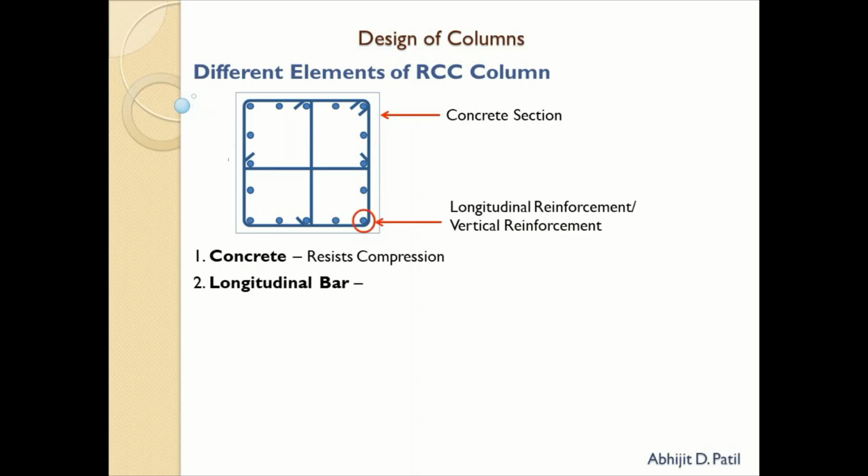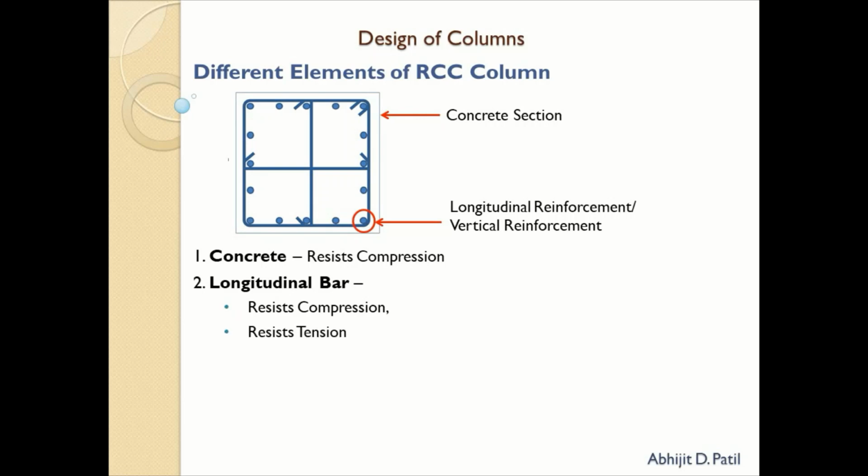Then longitudinal reinforcement or vertical reinforcement. It resists compression because we know that steel is also good in compression. So आप पूछोगे concrete तो resist कर रहा है, so why are we providing steel to resist this compression? See, ये load share करेगा. It will decrease the size of the column. ये इसका एक रोल है. We will also see what are the roles.